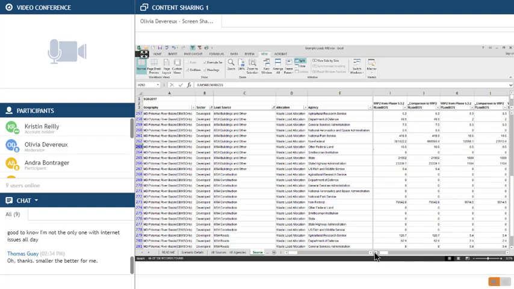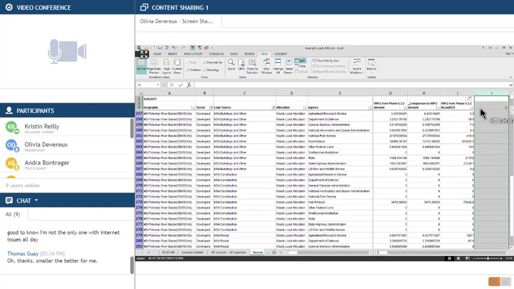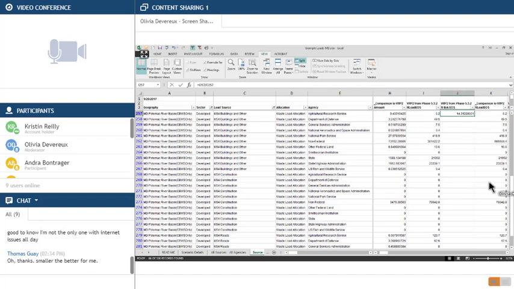A lot of times what I do when I'm doing analysis is I will take this nitrogen load edge of stream and insert a column, and I want to figure out what my pounds per acre is. I'm going to do it for this scenario. This is very simple, but just to give you an idea of how you can do this, this is the pounds, and I'm going to divide by the amount, and that gives me the nitrogen pounds per acre, and that's a nice way to compare